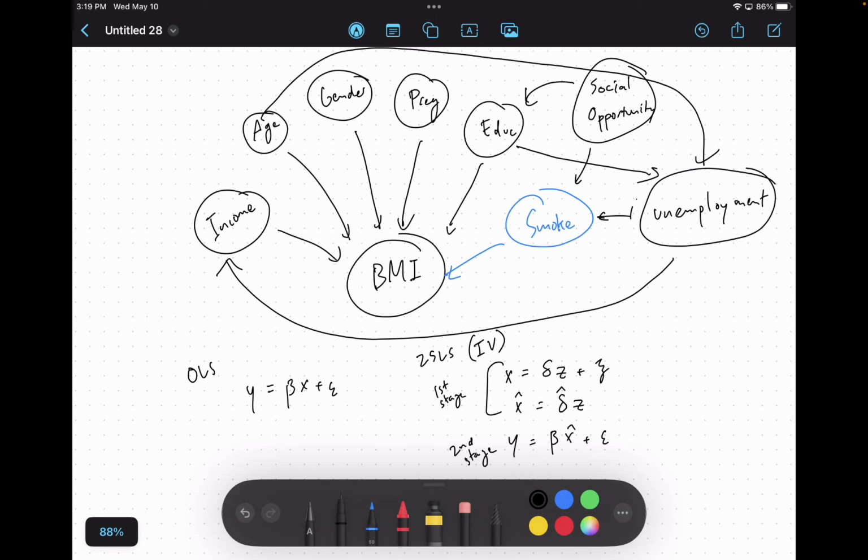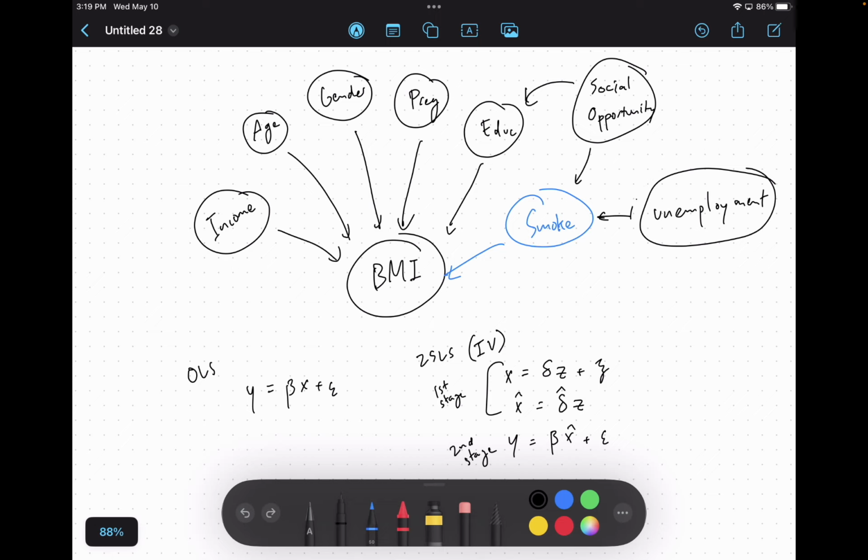Okay, and that's again the hard part and the art of doing this instrumental variable regression approach. So we'll get rid of all that stuff and let's take a look at